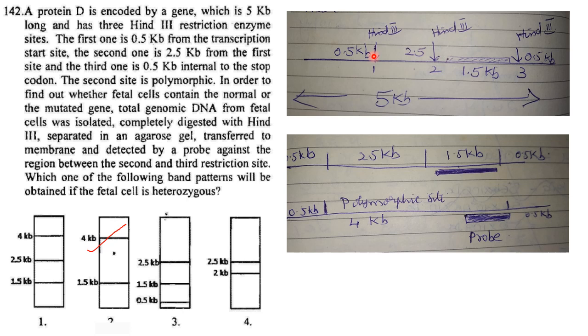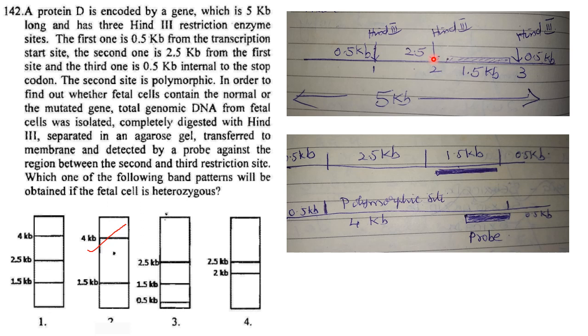The second one is 2.5 kb from the first site. So from here it is 2.5 kb, you have got another Hin3 site. And the third one is 0.5 kb internal to the stop codon. So here you have the stop codon and it is 0.5 kb internal to the stop codon, that is over here. From here to here it is 0.5 kb. The second site is polymorphic, this one. This site is polymorphic. In order to find out whether fetal cells contain the normal or the mutated gene, total